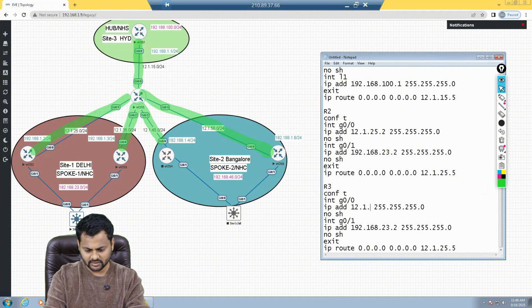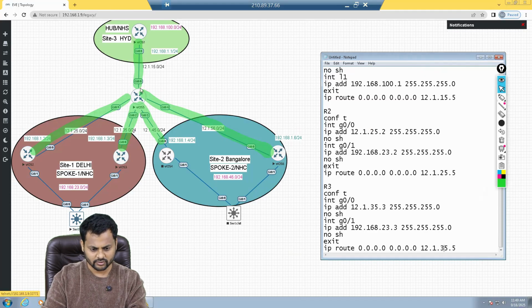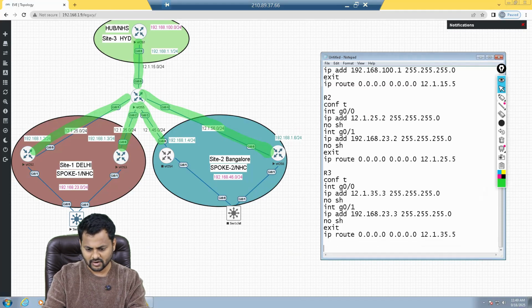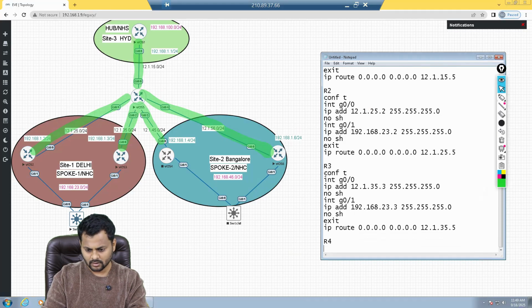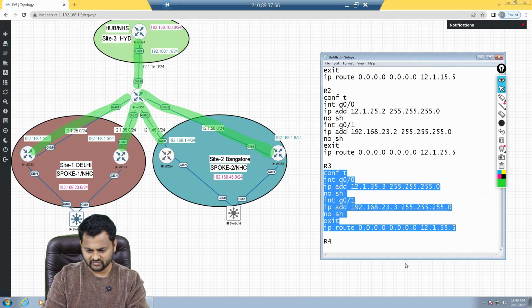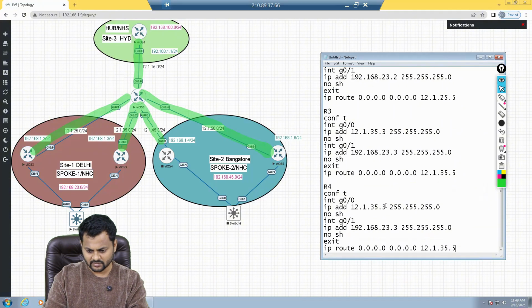I have a 35.3, right? This guy should go with the 23.3. And the default route I have should have a 35.5, that's pointing to the service provider. R4 as well we have. On R4 we have a similar configuration. We just need to manipulate some IP address in